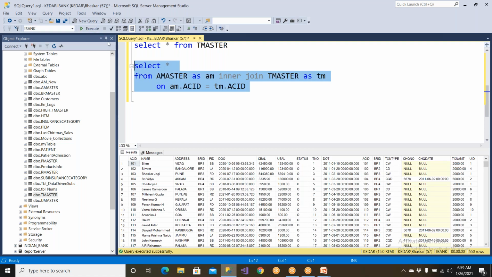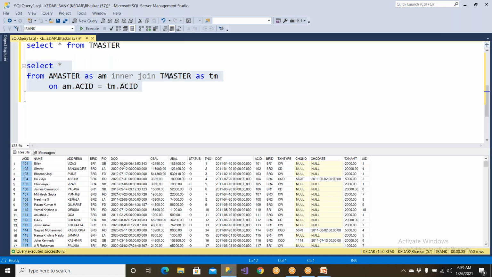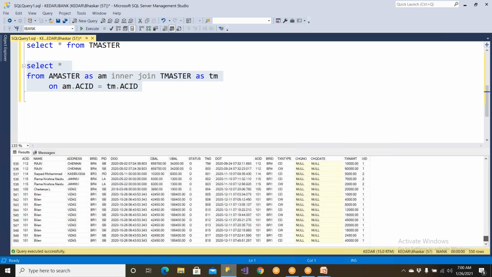You will be able to see this is the data coming from the first table, still status, right? Transaction number and date of transaction, this is the data coming from the second table. So matching data based on 101 and 101. Have you seen this? This is the data getting matched. You can see 550 rows are available. This is inner join. So Billion has done many transactions. What kind of transactions has she done? Cash deposit and cash withdrawal. But I wanted to know